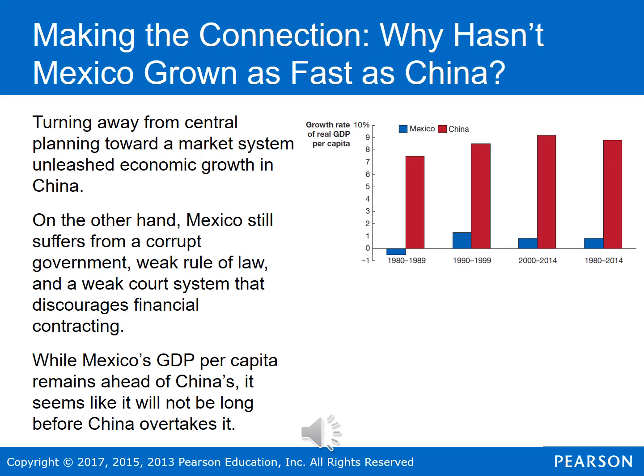being used in Mexico. So this graph here on the right compares the growth rates of real GDP per capita for the Mexican and Chinese economies over the past 35 years. And as we see, China's growth is much higher than the growth we see in Mexico. So what explains this difference? What's going on in Mexico that's causing the slow growth? So for most of the period